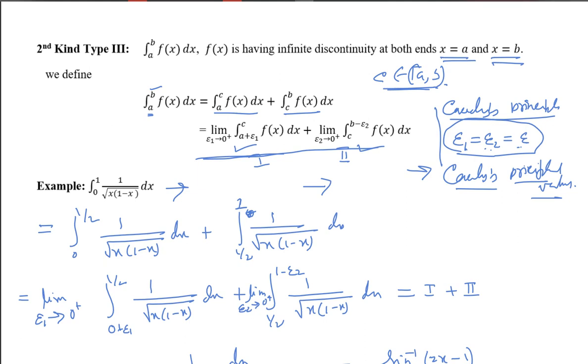And if you find the value, that value is known as Cauchy's principal value. And if you put epsilon 1 and epsilon 2 separately and then find the value, that is the converging value of the improper integration, the general value. If there exists some general value for the improper integration, that value is actually the Cauchy's principal value. But sometimes it may happen that taking epsilon 1 equal to epsilon 2 equal to epsilon you are able to find a limit, but taking epsilon 1 and epsilon 2 separately you are not able to find any value, you get infinity. In that case, the improper integration is not convergent, but has some Cauchy's principal value. We'll do this example.